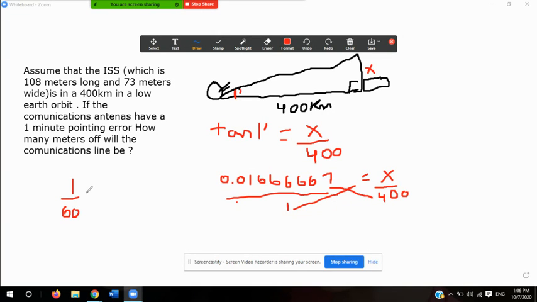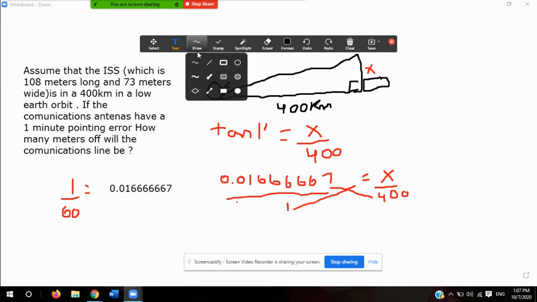And we said that was approximately 0.01666666667. Okay, and here now what we need to find is the tangent. So we have to find the tangent of